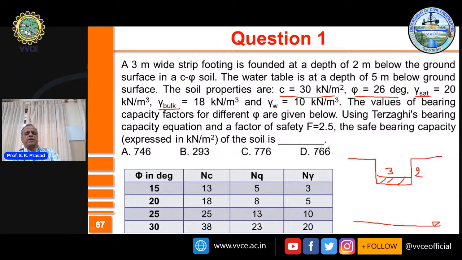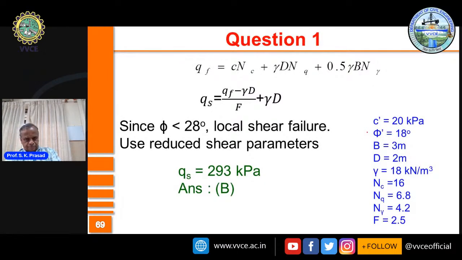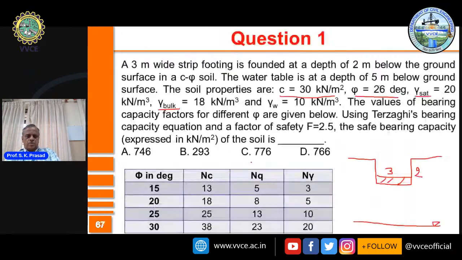Use Terzaghi's bearing capacity equation. Take factor of safety as 2.5 and find the safe bearing capacity. Please note, I'll have to tell you here that phi is 26 degrees. If you recollect,